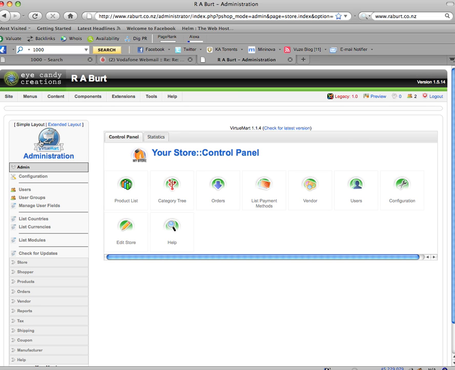Okay, so the only two items that you need here, don't worry about from here all the way along to here. This is stuff that I've used when setting up your site, and it's stuff that we can use later if we want to turn your site into an actual e-commerce site so people can buy products online. So don't worry about those. The only ones you need to worry about are the product list and the category tree. The category tree is all your categories like terracotta pots or clocks or something like that, and product list is all your products. So go ahead and click on that one,